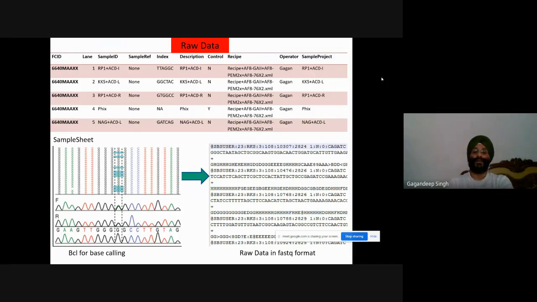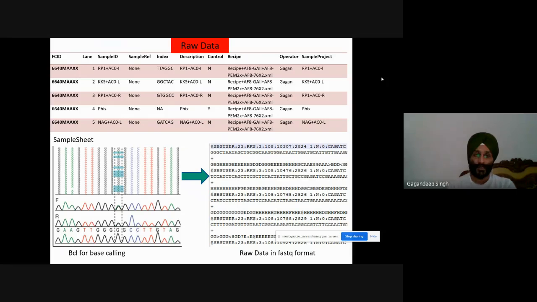First of all, there is a table: FCID, lane, sample ID, sample reference, index, description, control, and this is some machine which is giving us some output of the files in the format of XML, then who is operating, and what is the name of that project.